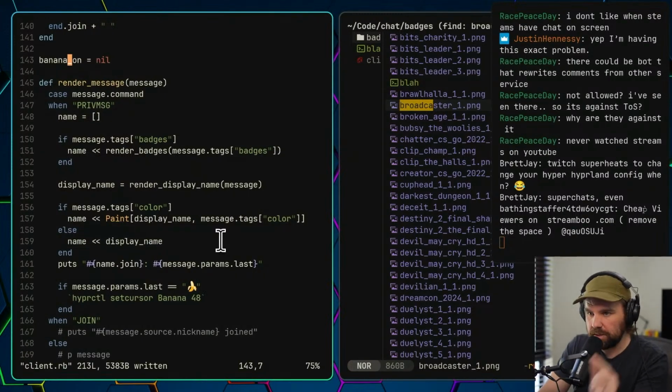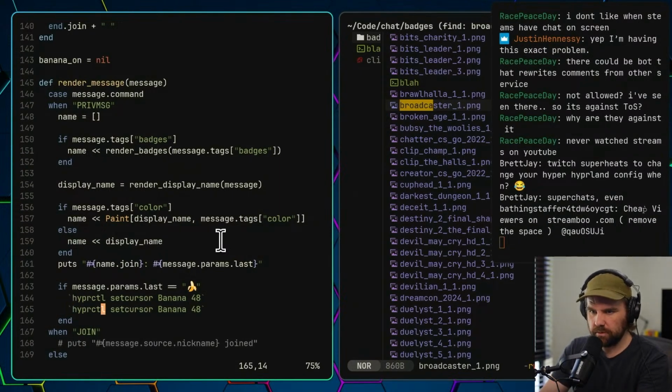So what I want to do is, when someone puts a banana in the chat, I want to set it to banana. I'm going to start a background thread that sleeps for a few seconds and then turns the banana back off and sets it back to default. So basically something like this, right? Run this, and then 5 seconds later run this. But if there's already a banana in motion, don't put another 5 seconds on top.